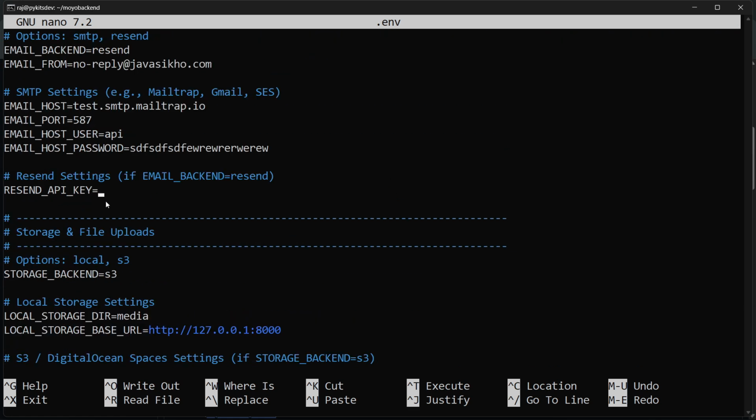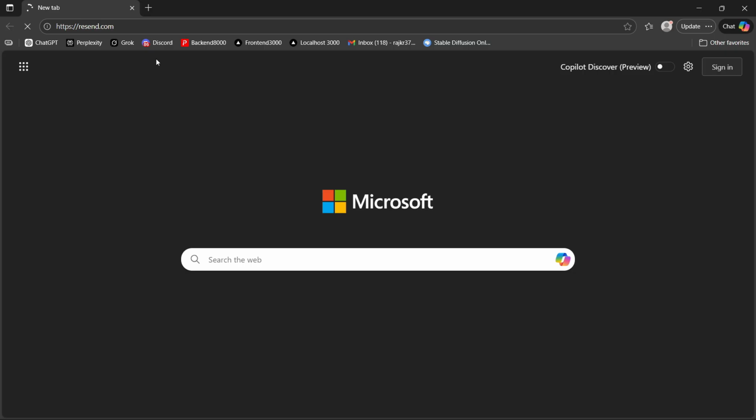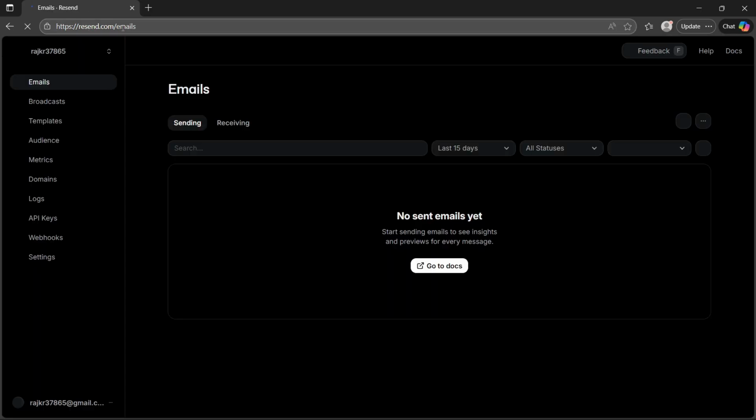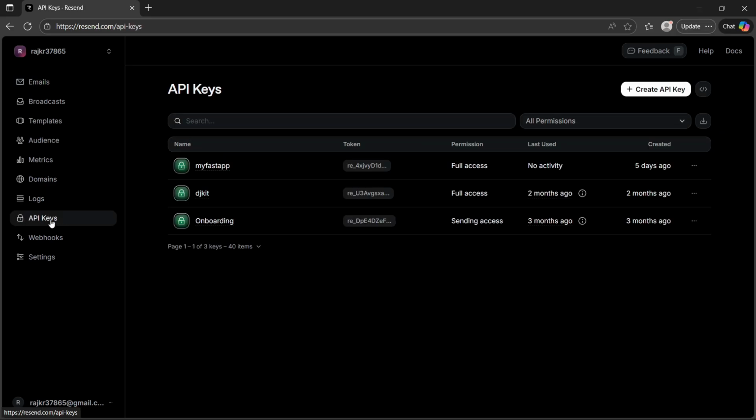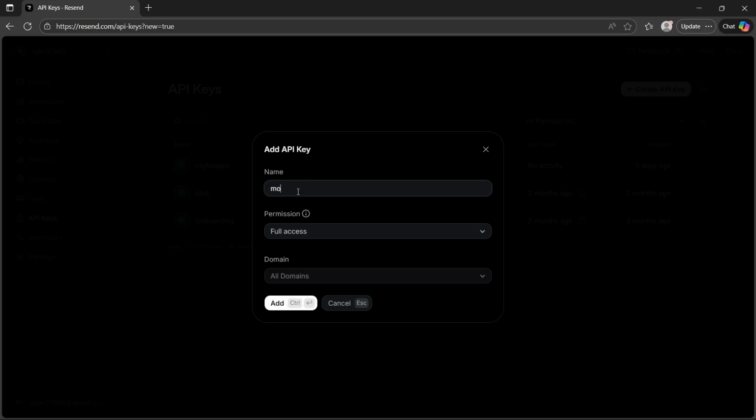Now let's go to the Resend website, create an account, then we'll create an API key. I already have an account in Resend, so I'm not going to show you how to create that, it is very simple. Just click on sign up, then create an account. That's it. Once you log in to resend.com, you will see a screen something like this. So go to the API key, click here, then the create API key button, then write your API key name like Moyo